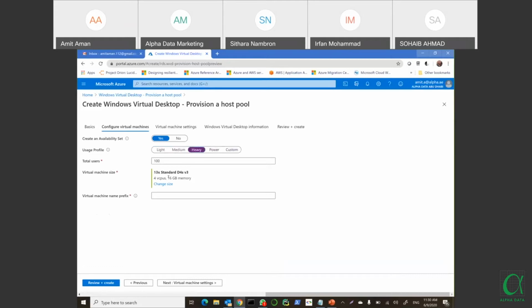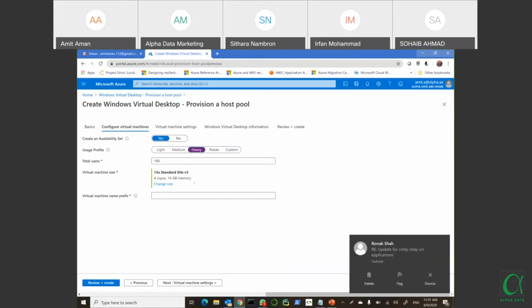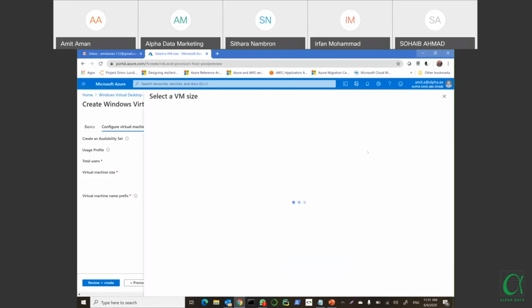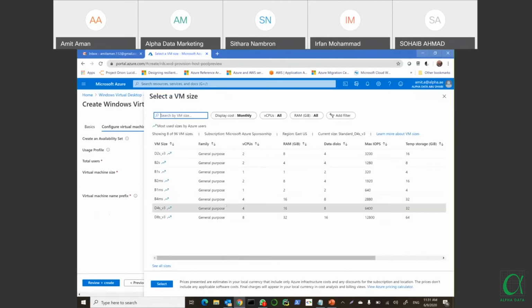For heavy users, we are going to use Standard D4s v3. You can change the total number of users here. For power users, you can see the NV series virtual machines are selected, and for custom, you can customize it at any size. You can always change the size of your virtual machine from here.